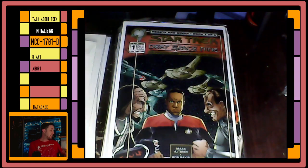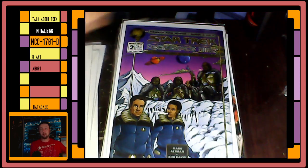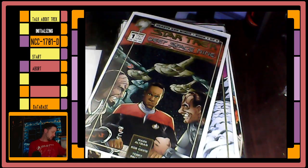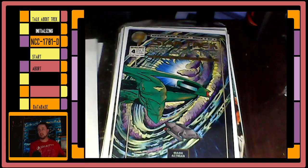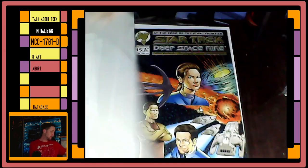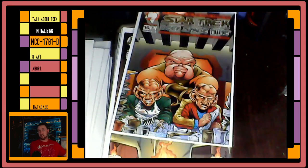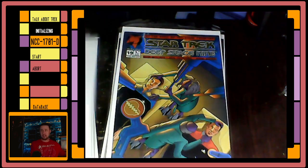But anyway, yeah, we'll go kind of quick here because we've got a stack to get through. The Malibu run here of Deep Space Nine. And we'll see if we can see what we're kind of missing here. So the first ones we were looking at were kind of like mini-series, and I think now we're getting into the main run here. So we've got 1, 2, 3, 4, and then we got a big jump here. We go up to 14, 15, that's kind of a cartoony cover, 16, 17, 18,